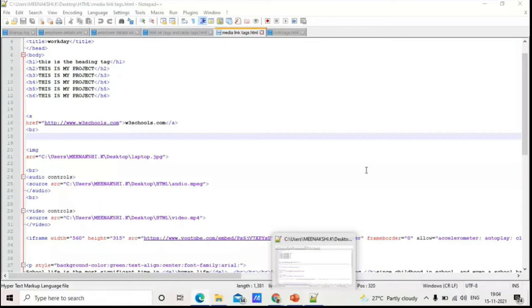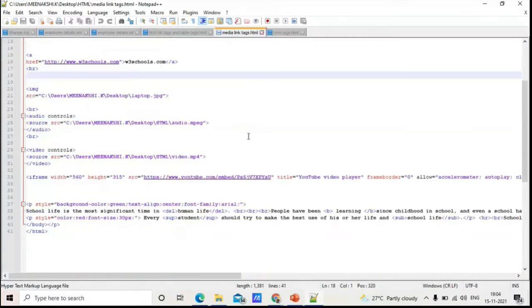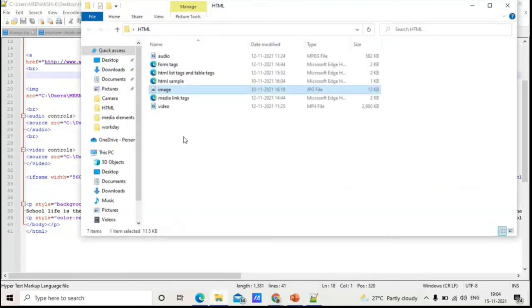Next, going to video controls. When you want to add any video to your browser, you have to give this angle bracket with video controls, close the angle bracket, and as usual for image, how you have given, you have to use source, src equal to, the same way I told in the image. Go to the desktop, you have to paste the video in the same folder only. If you copy the file in some other place, it will not get navigated. So you have to paste the video in the same folder where you have kept the HTML file.